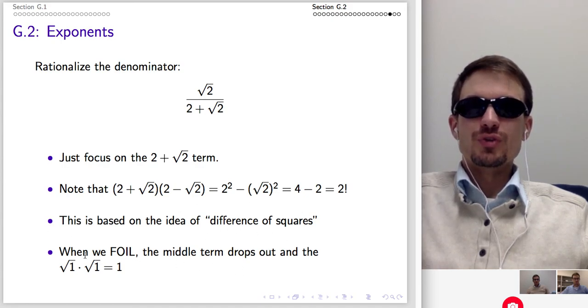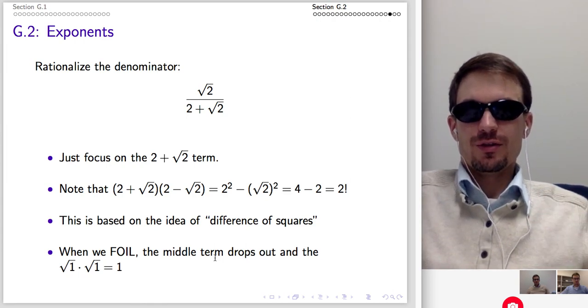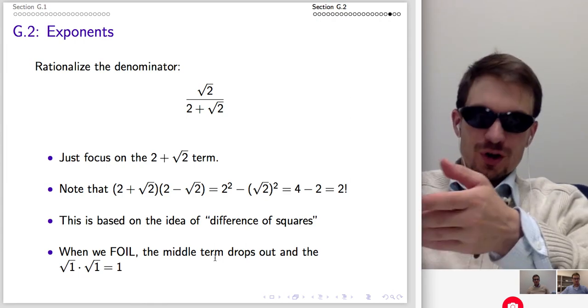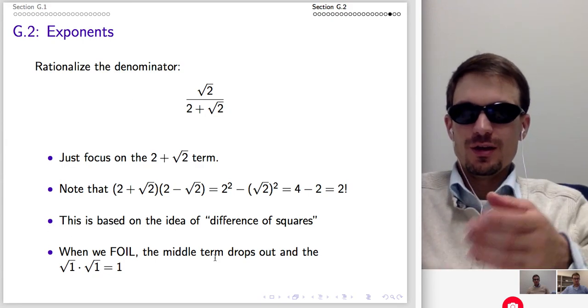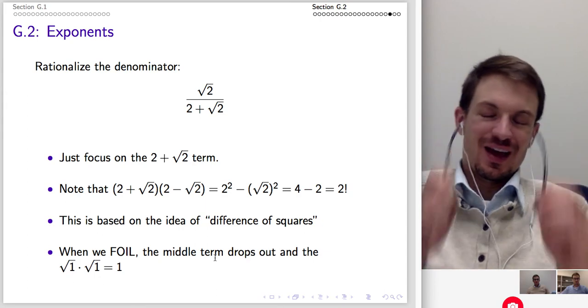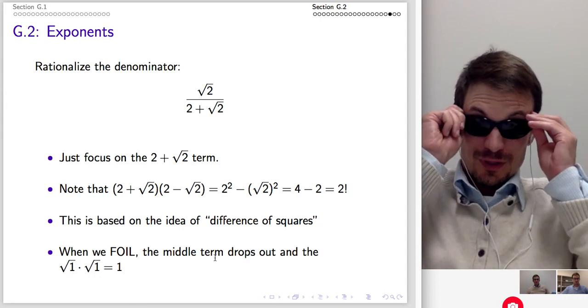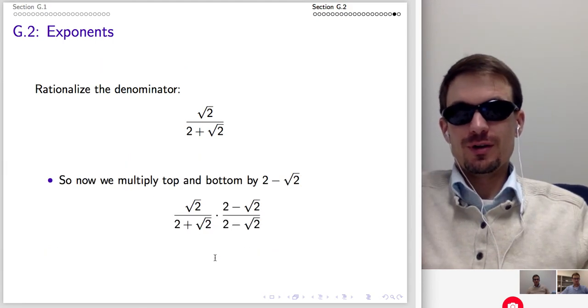Why? When we use FOIL, the middle term drops out with a difference of squares, and the root term, for example, just for the sake of argument, root 1 times root 1 is just 1. Yeah, it's also 1 because the square root of 1 is 1, but for the sake of our argument here. Okay, so